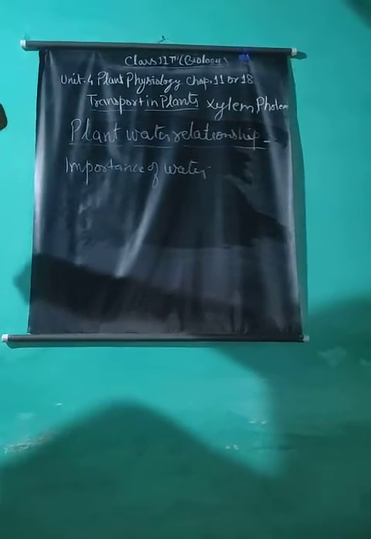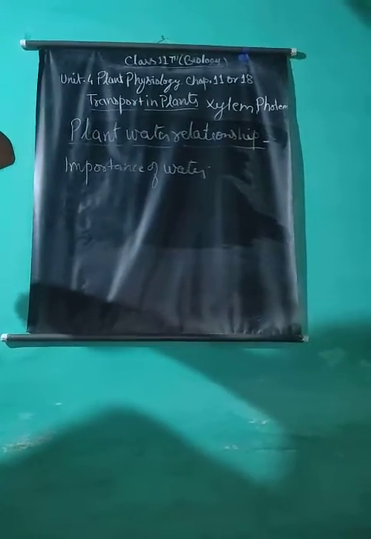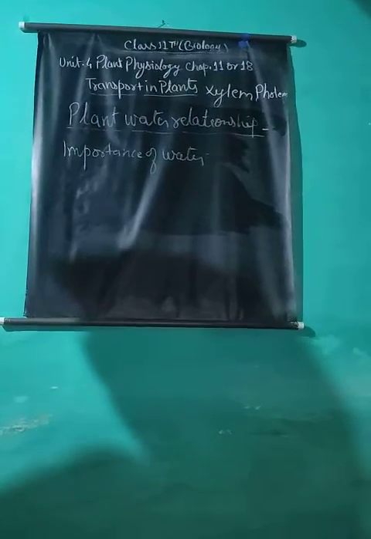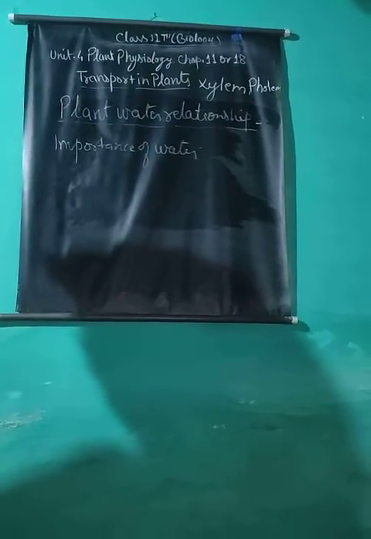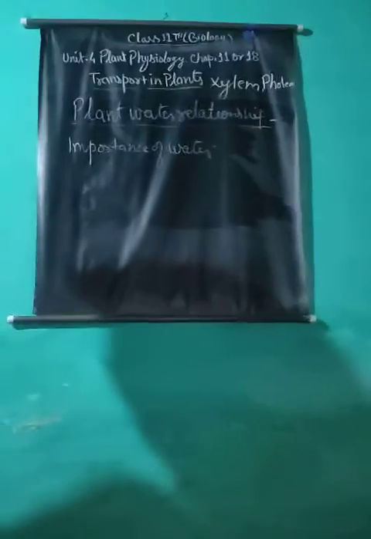Water acts as a hydrogen donor in the process of photosynthesis. In photosynthesis, there are two reactions, light reaction and dark reaction. In the light reaction, water photolyzes in the presence of light to give rise to hydrogen ion and hydroxyl ion, or electron and proton. Water is an end product of respiration and it increases the rate of respiration. Hydrolysis and condensation like processes depend on water.